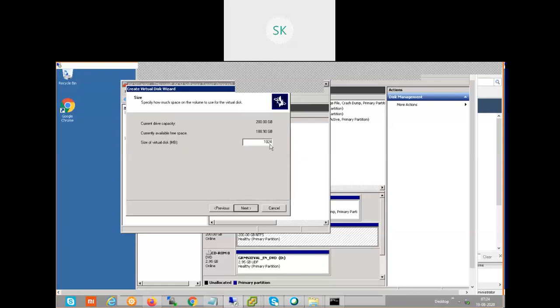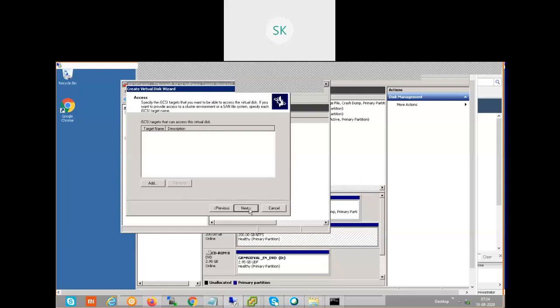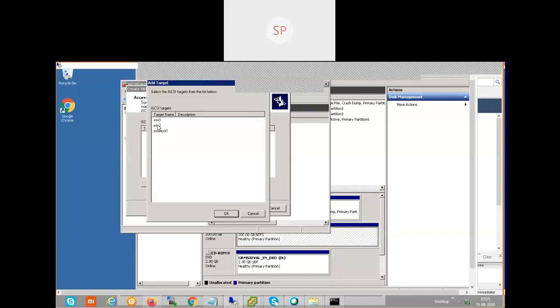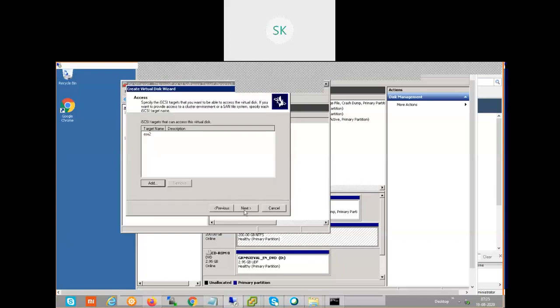Let's say 20 GB, to understand the differentiation between the two. Click add target, ESX2. Okay, click OK. Click finish.